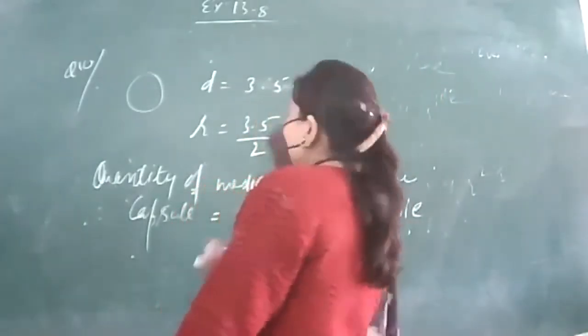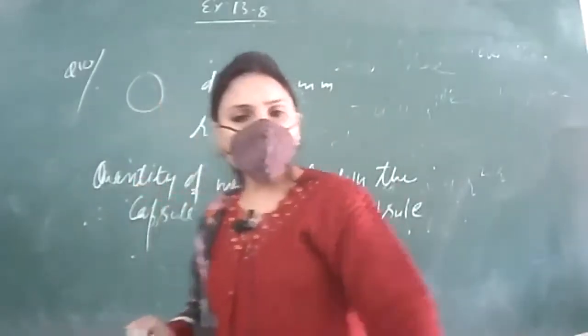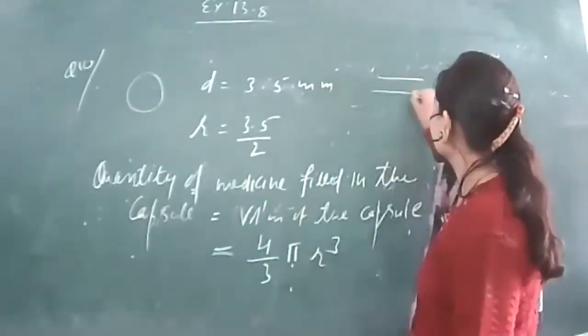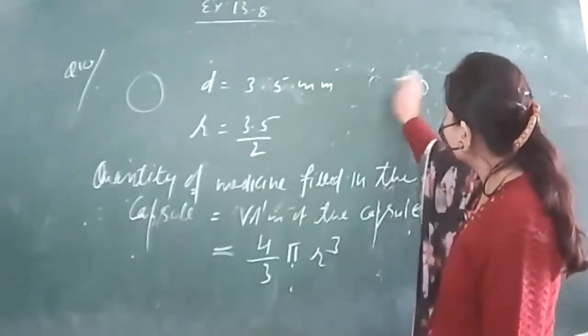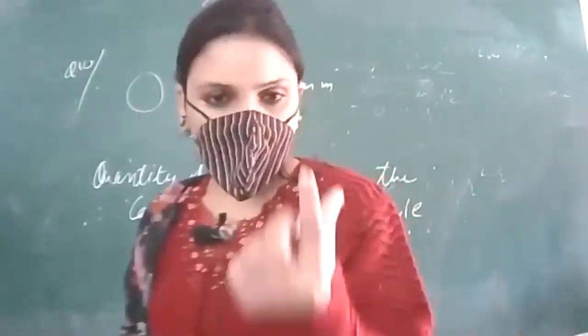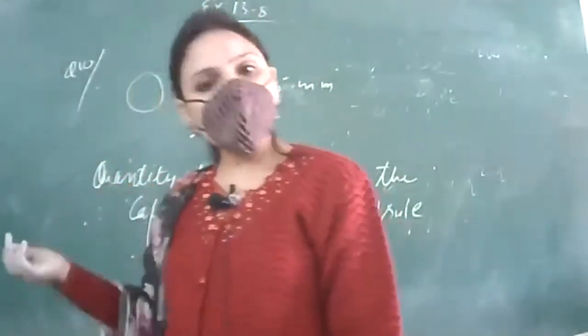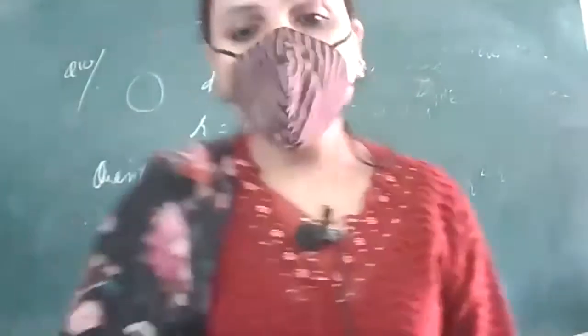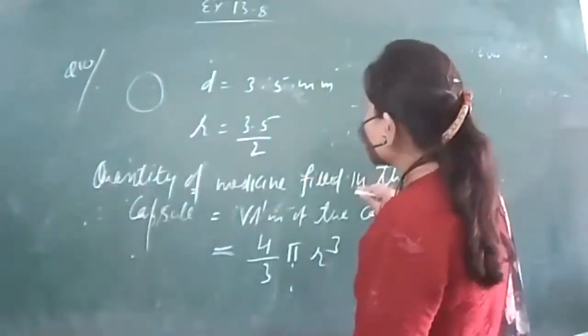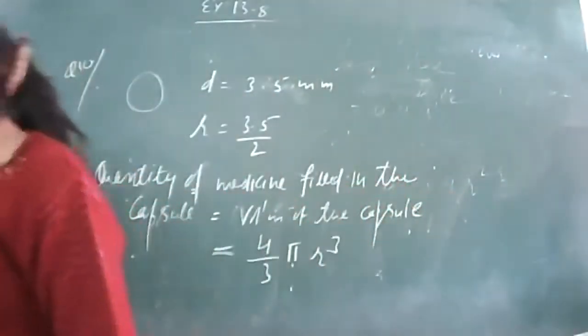It is spherical in the shape. Most of the capsules you might have seen are in the cylindrical shape, one hemisphere here, another hemisphere there. But here it is a spherical capsule, right? So accordingly the formula will be used. So we are having 4 by 3 pi r cube, which is further equals to